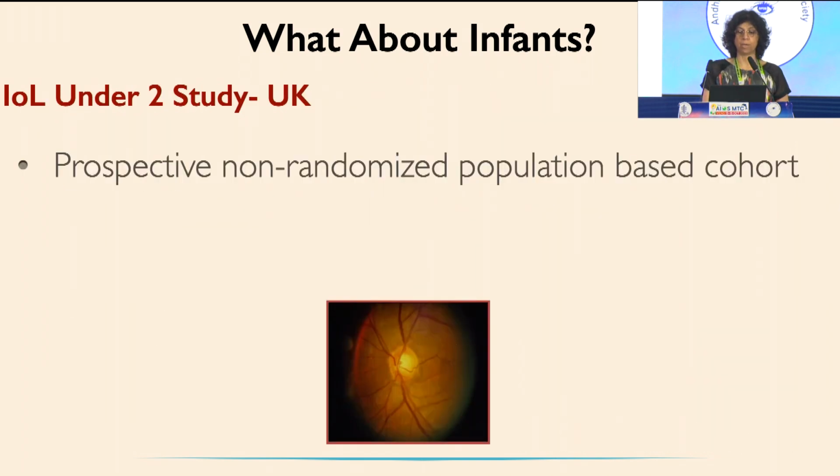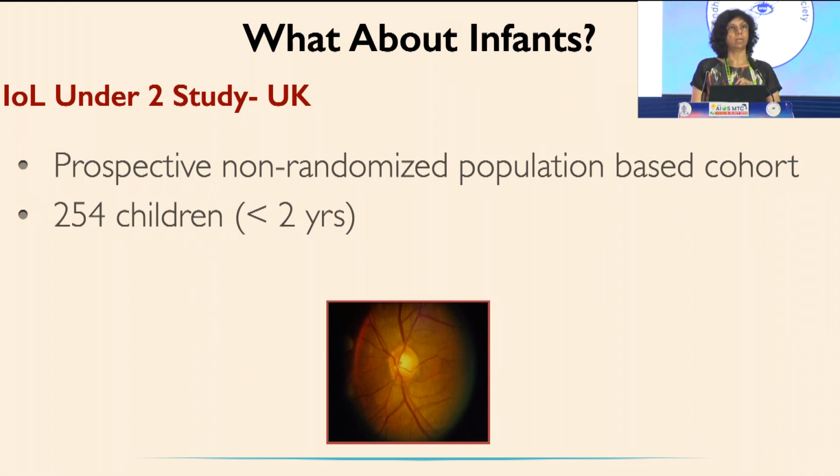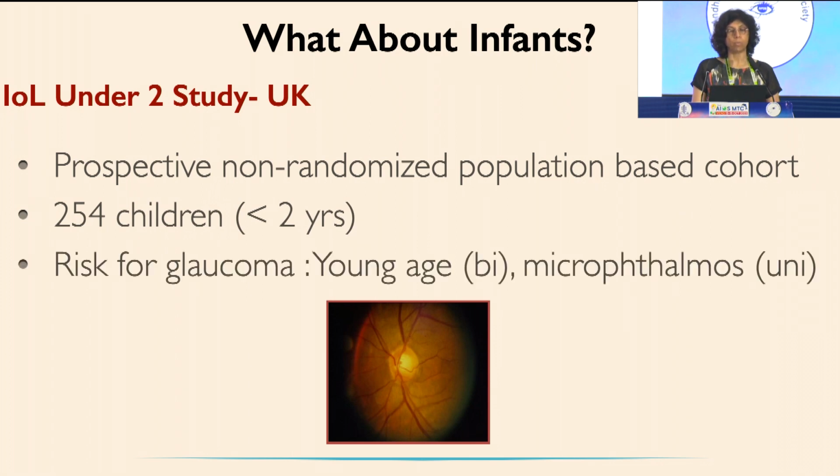be very aware of. Simultaneously, there was a study conducted in the UK where they looked at IOLs in children under 2. What they found was that bilateral cataracts in the younger age group had a high risk of glaucoma, and unilateral cataracts with microphthalmos also had a higher risk of glaucoma. So one has to understand that if you're going to put an IOL in a child who is very young, between 1 to 6 months of age, then the chance of glaucoma is much higher, which means that